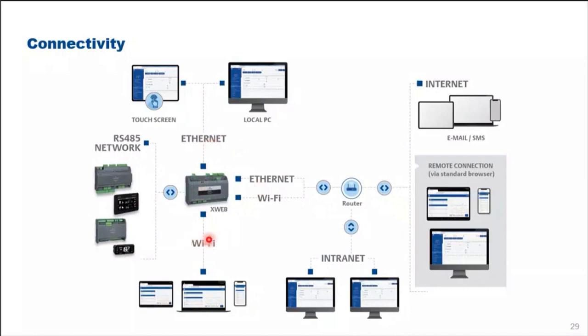It can be broadcasted to the internet, and users can connect to the XWEB supervisor and monitoring system via IP address using standard internet browsers, or via Wi-Fi to connect to our XWEB controllers. Okay,